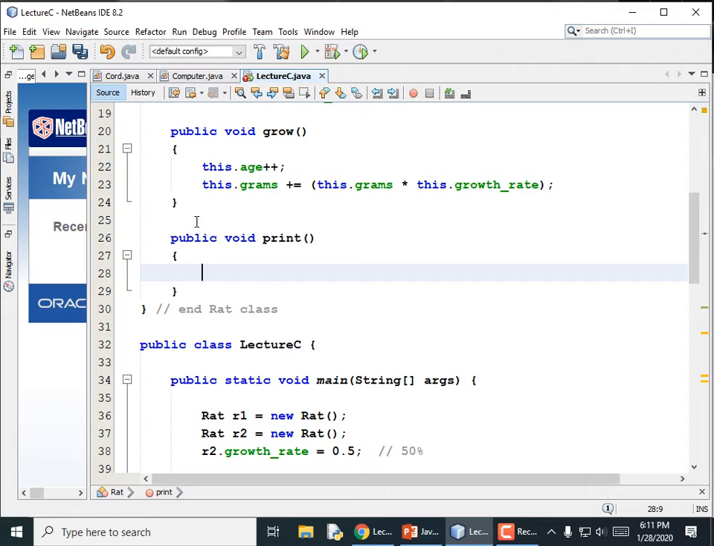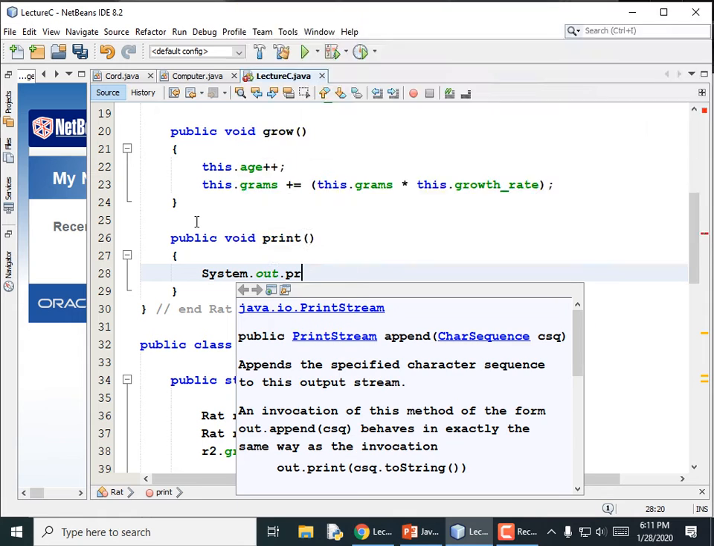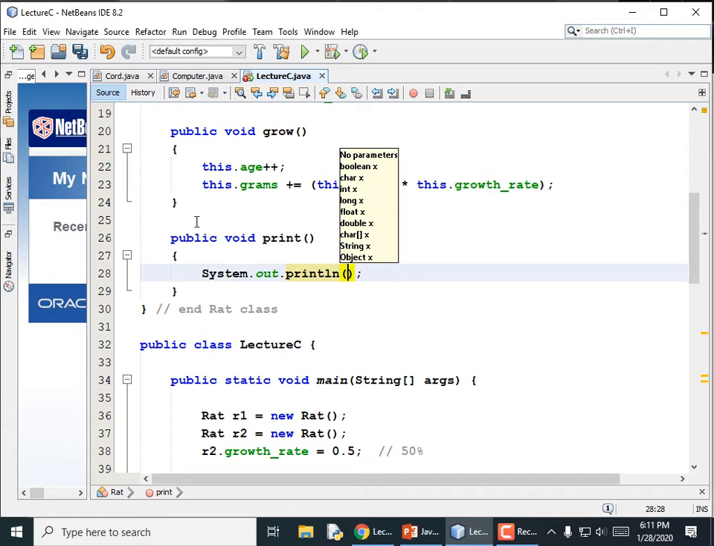Now it'd be cool if this rat had a name variable so that we could print out, you know, that this is Mickey and he's this many days old. But we didn't create a name variable. Let's just print out the information we have. System.out.println, parentheses, quote,